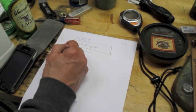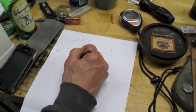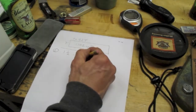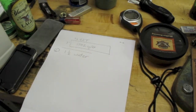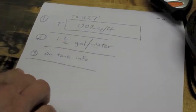Okay, so step number 2. I know that we used 1 1/2 gallons of water. So 1.5 gallons of water sprayed in a total of 1,702 square feet. So our third piece of information we have to work with is